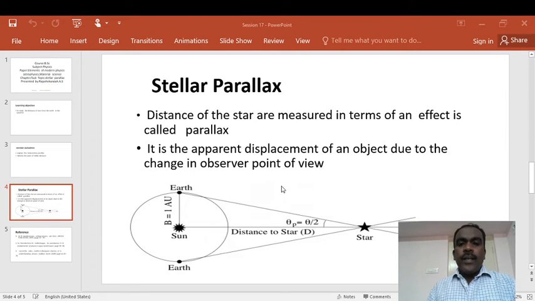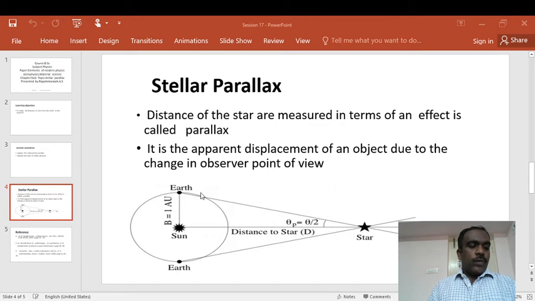Pi radians means 180 degrees. 1 radian is equal to 180 degrees by pi, into 60 minutes into 60 seconds. The answer is 206,265 seconds of arc. So 1 second of arc is equal to 1 by 206,265 radians. By converting theta from radians to seconds,